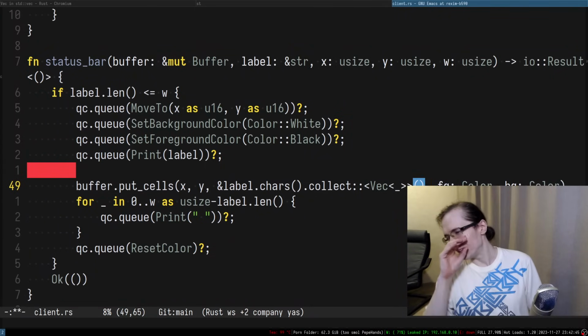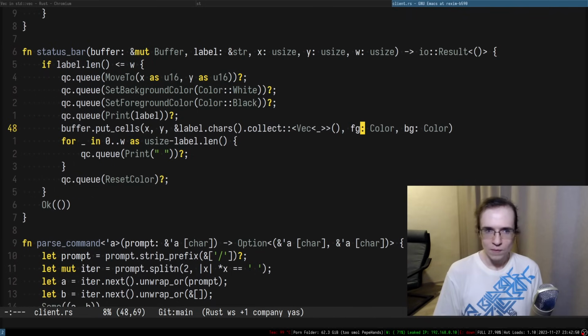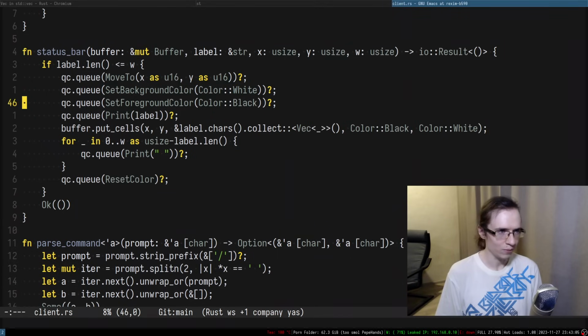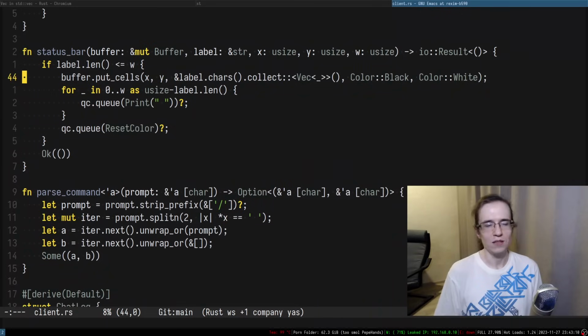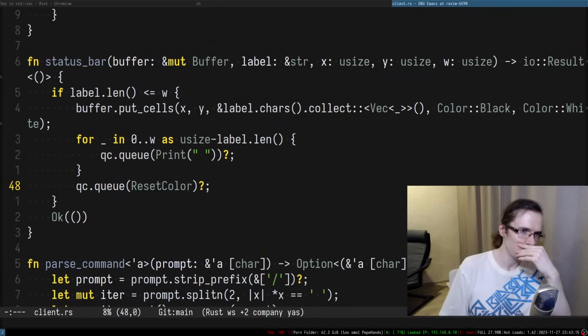So, just a second. All right. And we have foreground in here. So FG, the background is supposed to be white, so that means this one is supposed to be black, right? So this is black foreground, and background is supposed to be white. So that's what we'll put in here, right? Like this. And that should replace this entire thing in here, right? And that should replace this entire thing. And afterwards,